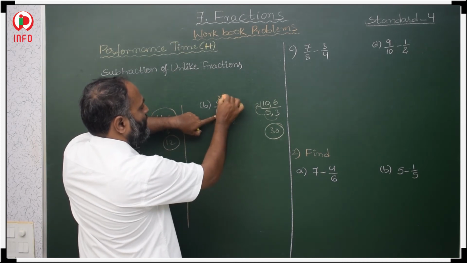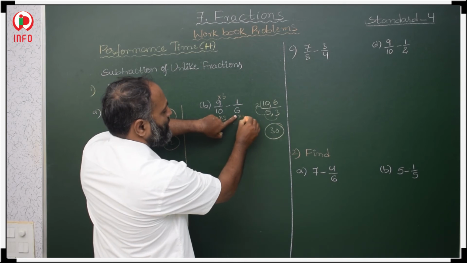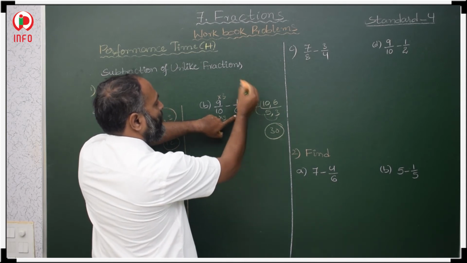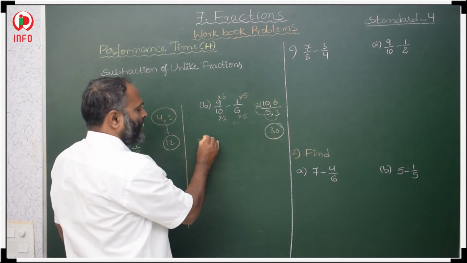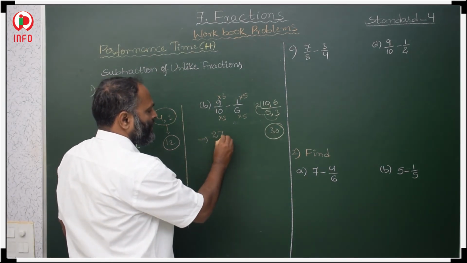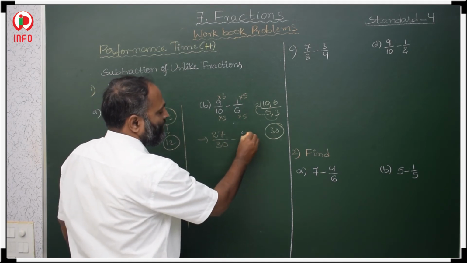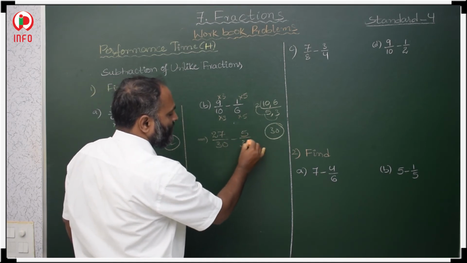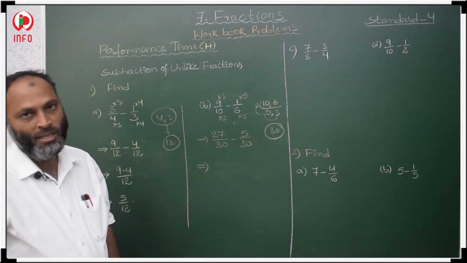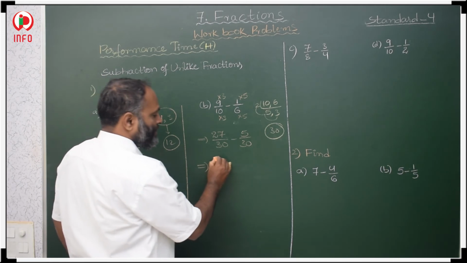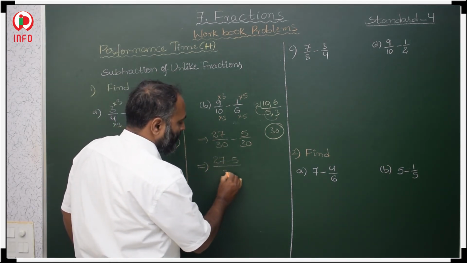In the first fraction's denominator, when you get this LCM, 3s are, multiply with 3, numerator and denominator. In the 6 table when you get 30, 6 5s are, multiply with 5, numerator and denominator. Then 9 3s are 27 by 10 3s are 30, minus 5 1s are 5 by 6 5s are 30. Then these two are like fractions. Now the difference of numerators, 27 minus 5 by the common denominator 30.